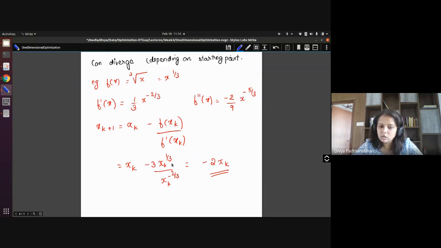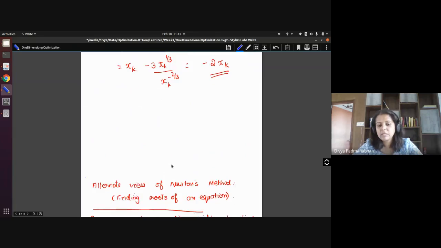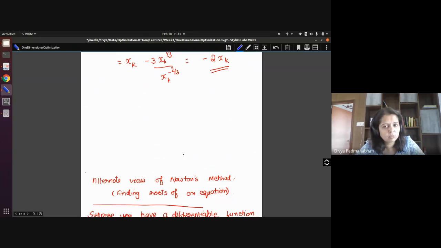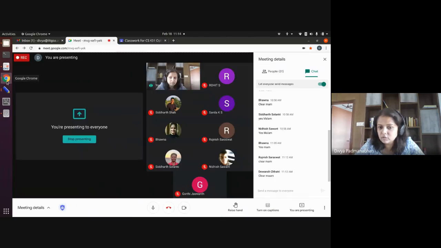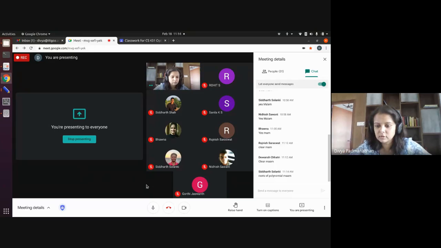So I don't know if you saw the view of Newton's method in terms of optimization, or whether you saw it in terms of the roots of an equation. What did you see earlier in the other course? Guys, am I talking to myself? The roots of polynomials. So that's what you saw. Okay. Yes. So what you saw is the roots.